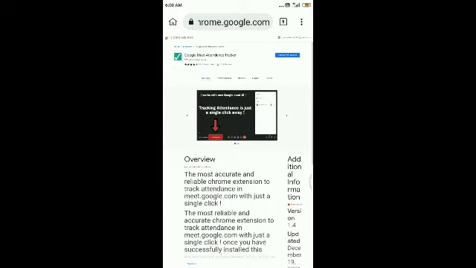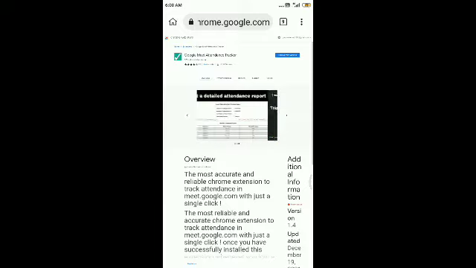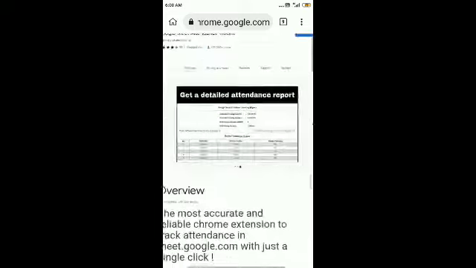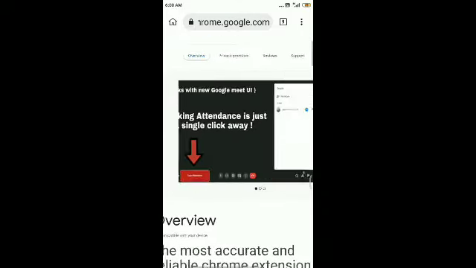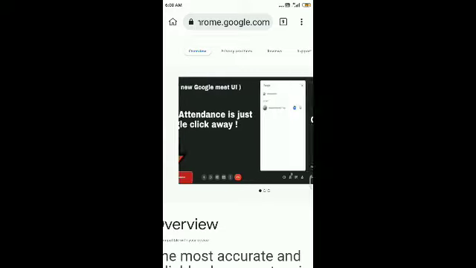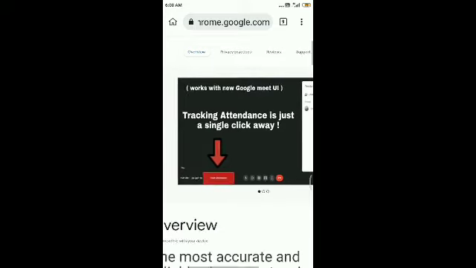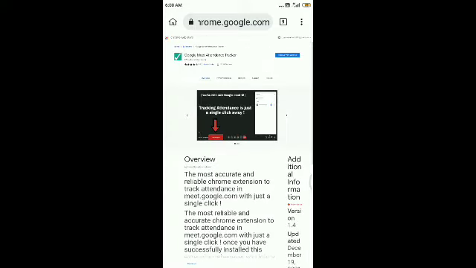And one more thing, you can see here the details, like how the attendance will be shown. So when you come here, you have to just click on this button.